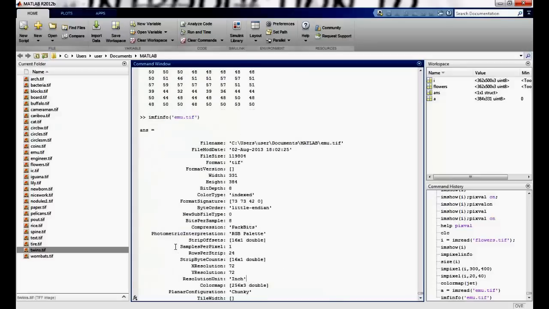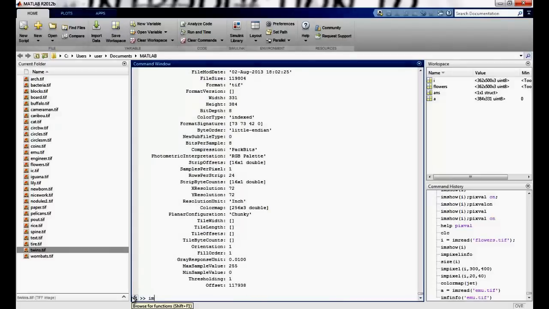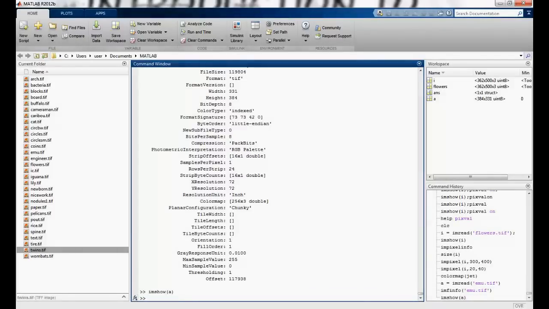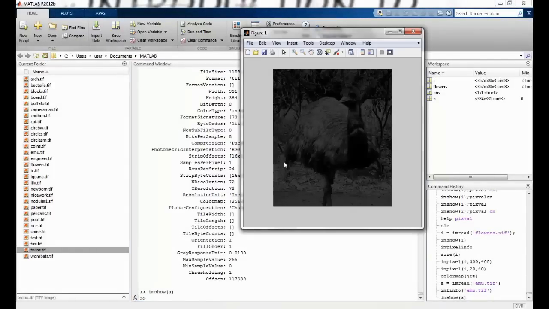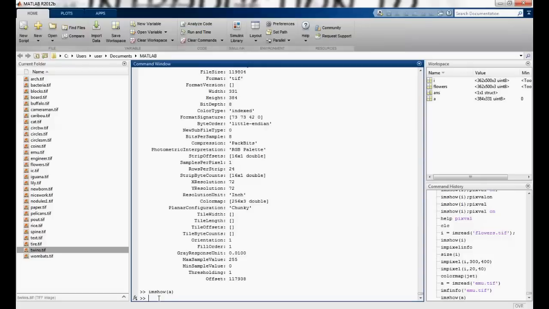I already have it here in A. I say imshow A. This is the kind of image I am getting because I am just getting the indices, and the indices are basically numbers, and that is why it's displayed like this, because it's not showing the color right now. So to read an indexed image, I have to read it in another form.